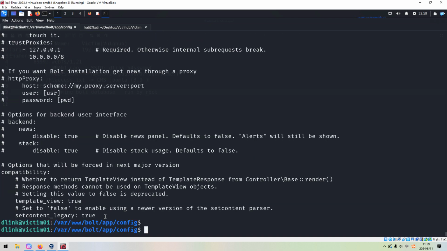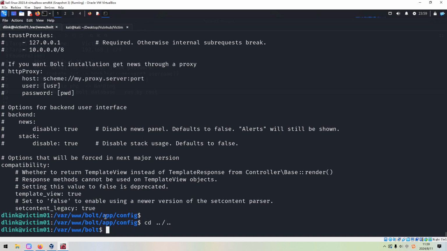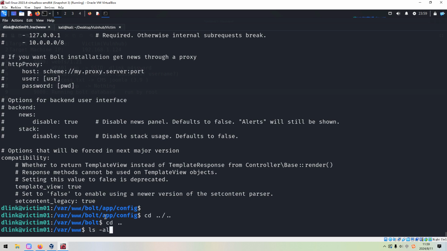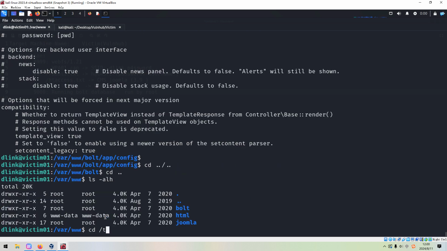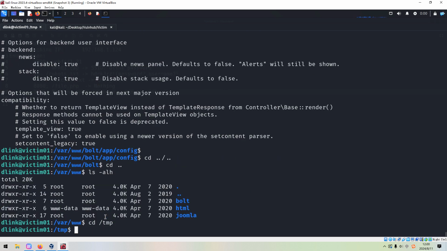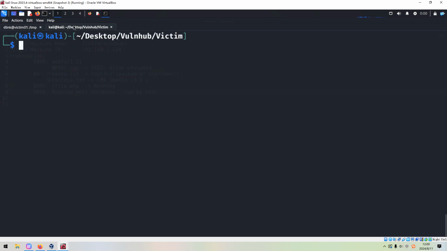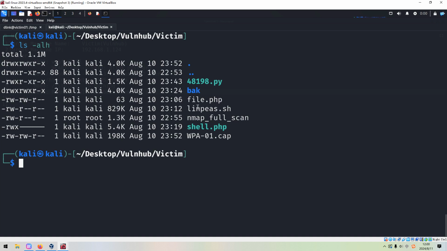All right, so next I think we can go to another directory, or maybe we can upload the Linpeas shell script to do the automatic enumeration. And I've already got this script ready, this one. So next we need to upload this script to the target.